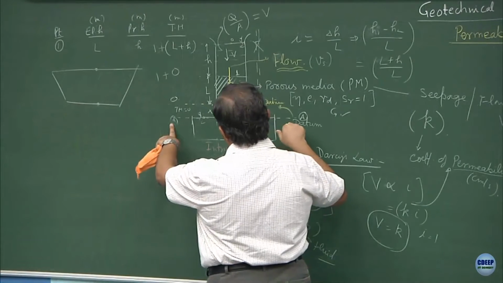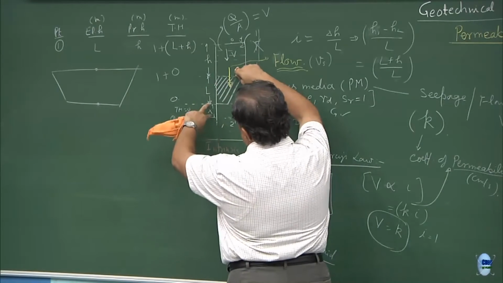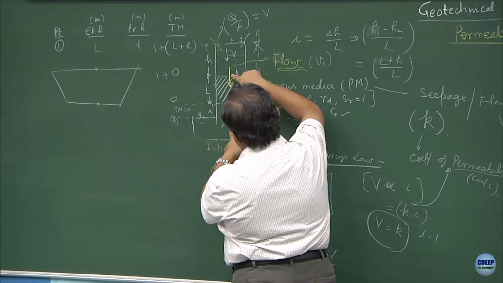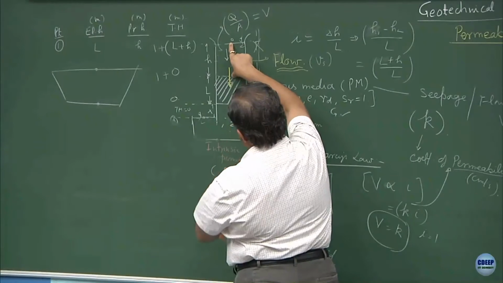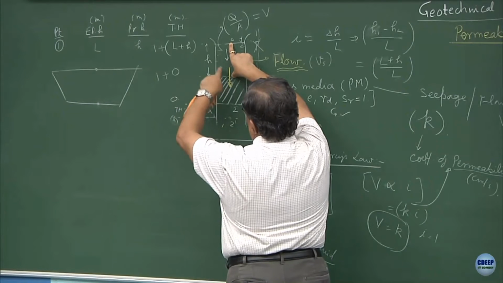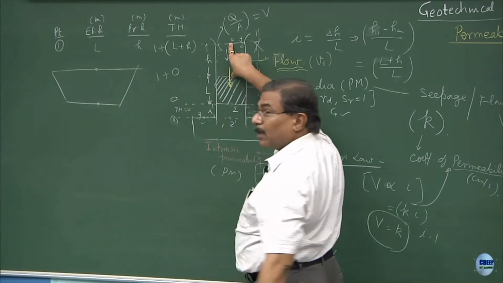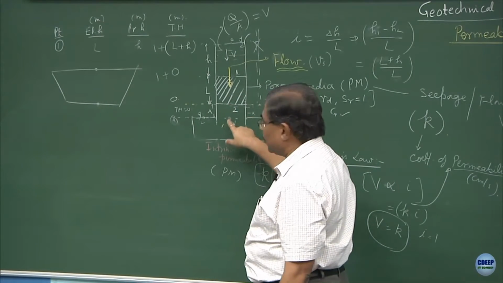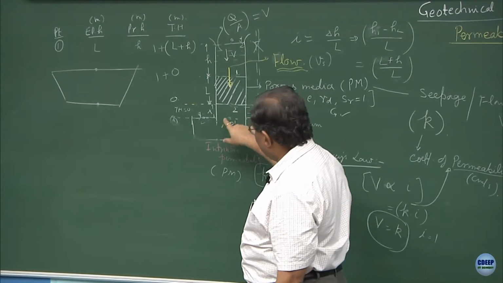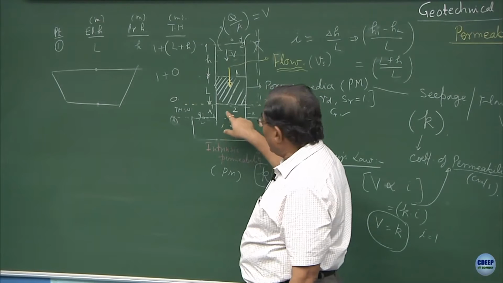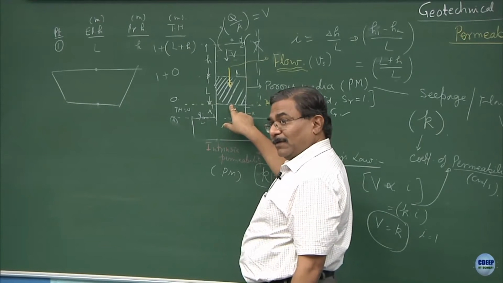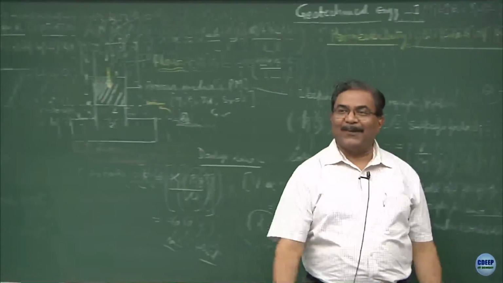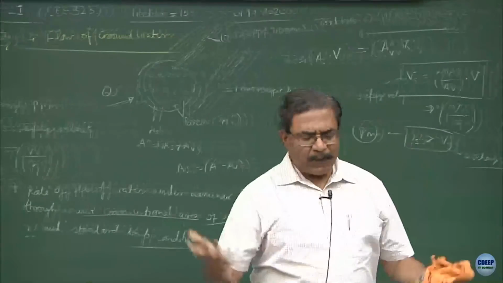What is the total pressure at point 1? Compute it. So x plus L is the elevation head, and H will not come in, and this much is the pressure head acting at this point. So H plus L plus x is the total head at this point. Now what you are doing is taking the effect of 2 also, that is why it is coming over here. Then you compute the total head over here. At this point the elevation head is going to be 2, and that is why I am telling you the better thing is to draw the datum over here so that you do not get involved in all these discussions. You can change the datum as per your convenience.